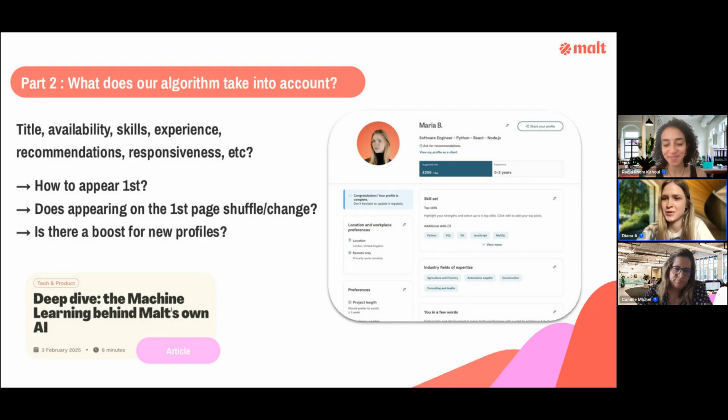No, it's super clear. And I think another part that we should mention is responsiveness. When you get a project from the client and it doesn't fit you, don't just ignore it. We always want you to make sure that you decline the project, because that means you're active on the profile. It lets the algorithm know that this was not the right choice for you specifically. So this all helps.